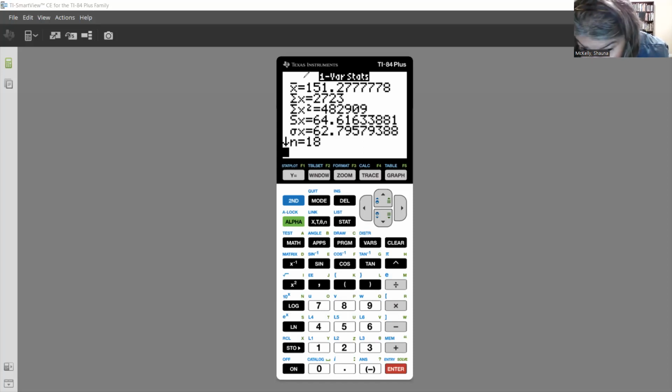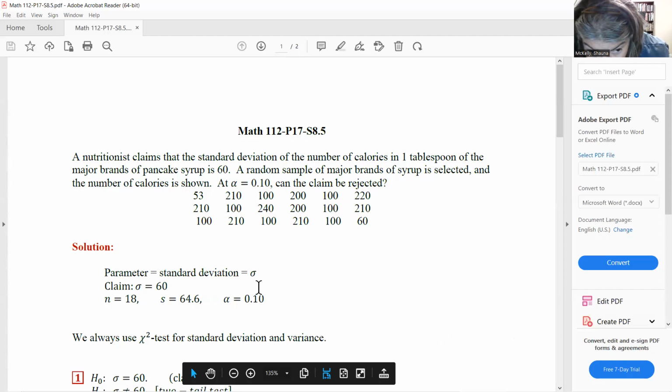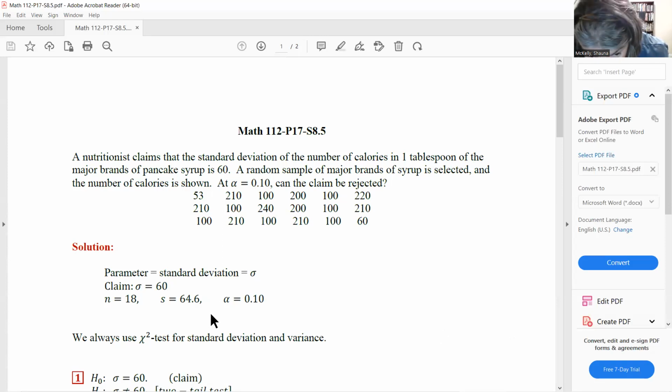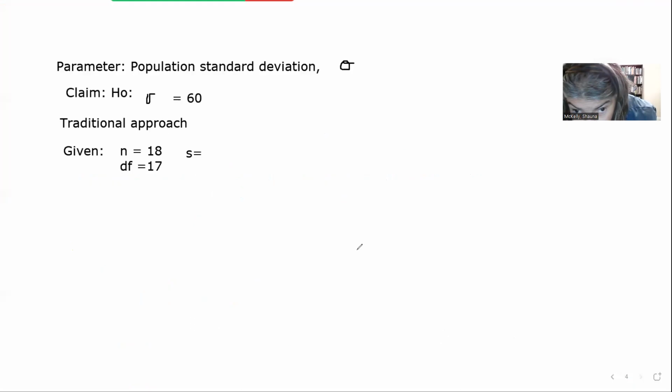So here, drop down here. 64.6 is what she used here. If you want to take it to 4 decimal places, you can. So here we have 64.6163. Okay. That's my given information here. And my alpha,